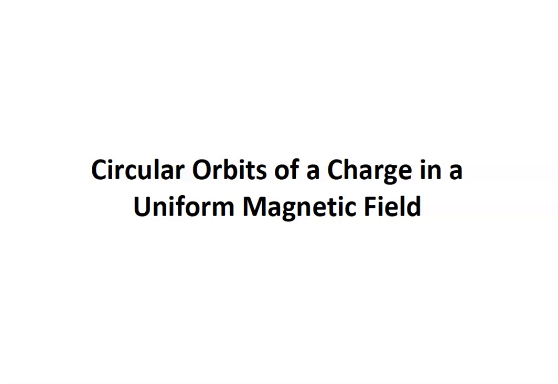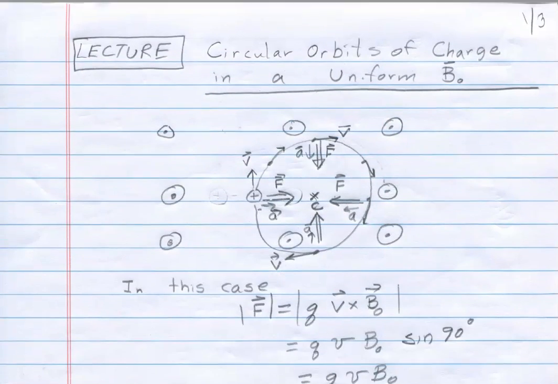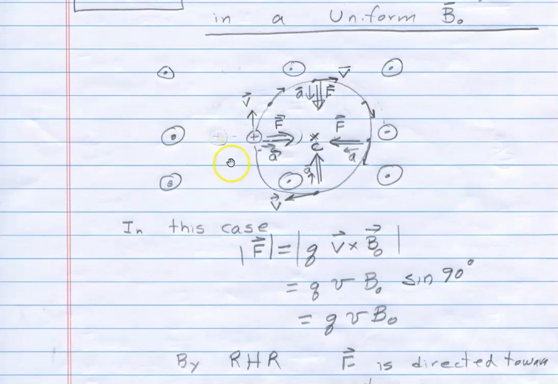As a consequence of these ideas in the magnetic force, we'll take a look at the case where one can produce circular orbits of a charge moving in a uniform magnetic field. And again, I'll have the same sort of setup. Just so I can draw the figure, I'm going to assume we've got a positive charge here,